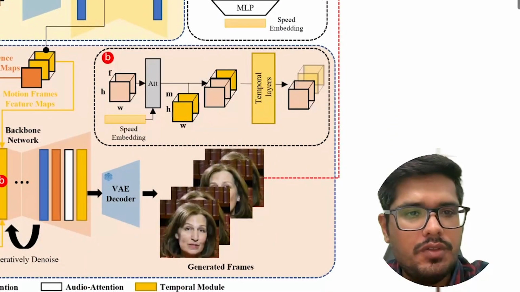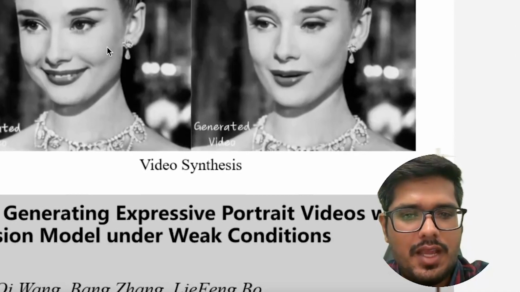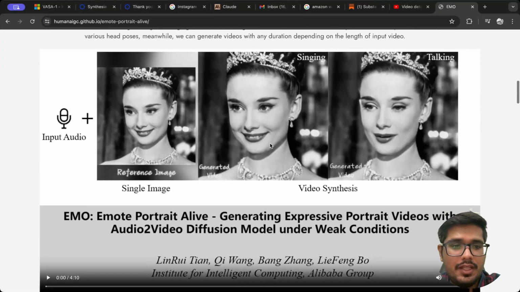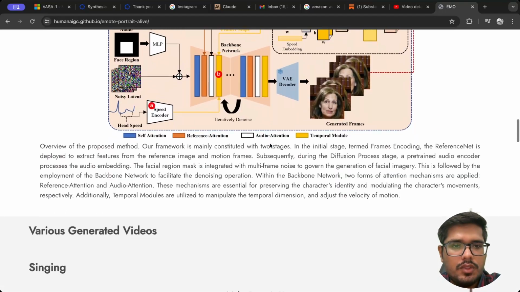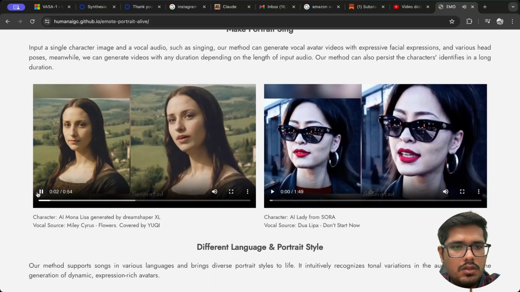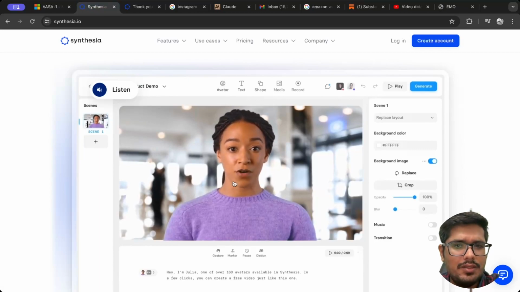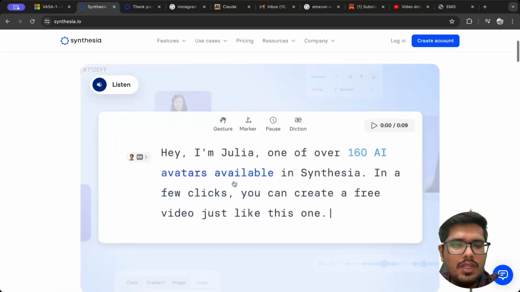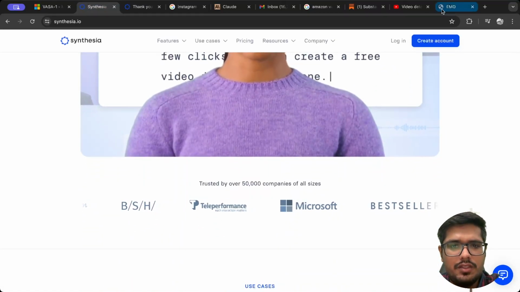So again, their videos were similar, where you would have a face and then you would have the audio, and then the video would also be generated. The whole architecture is here, and you can see this is one of the samples. We were good. And this one has expressions, as opposed to what Synthesia lacked earlier, and I think even today. So while they are showing a demo like this, the expressive avatars are only, I think, available for a few of the customers at this point of time.